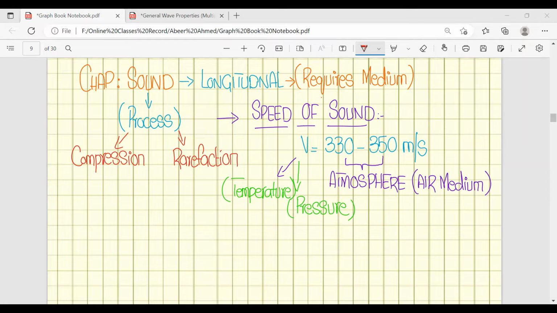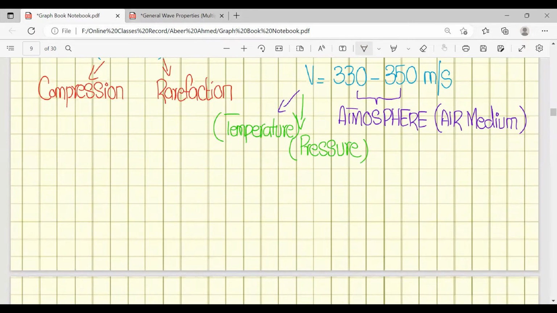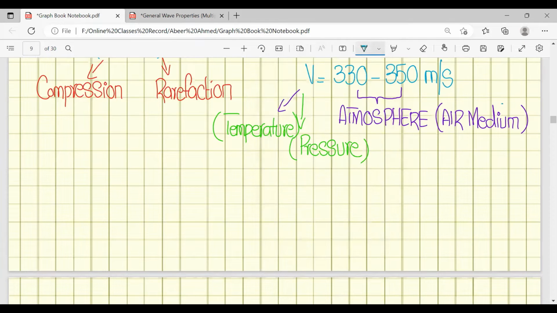If we compare the values in different mediums, let's start with the solid one. If we compare the speed of sound in solid, in liquid, and in gas,